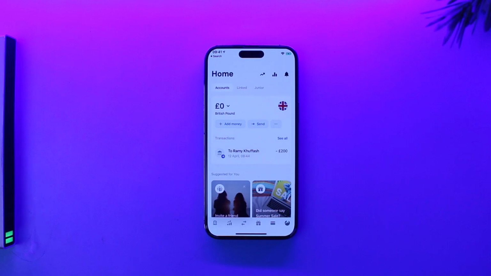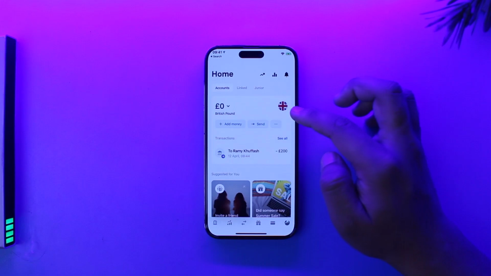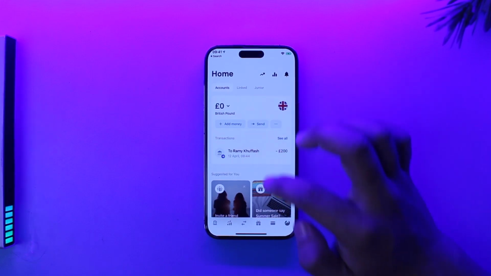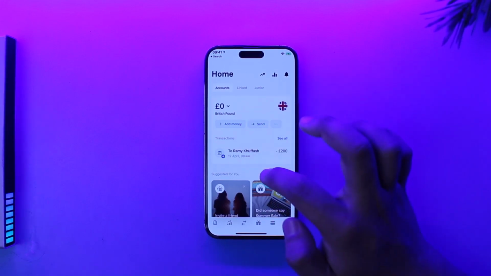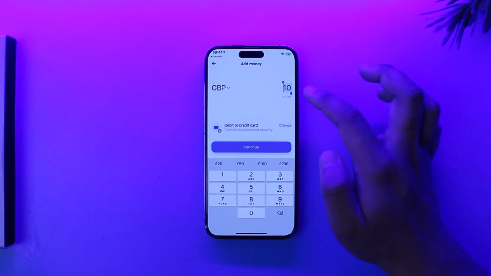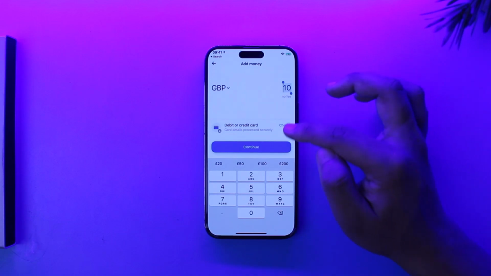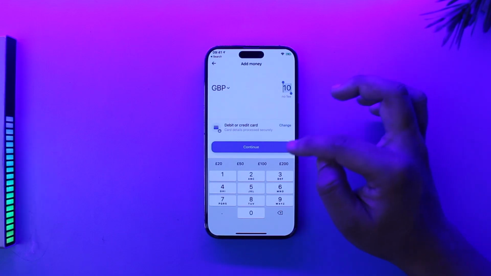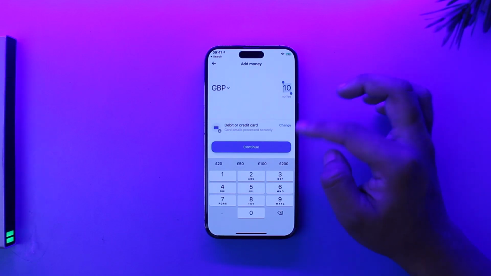Now from here, what you want to do is simply tap on the option that says add money after your login. When you tap on the add money section, on the next page you can see this option called add money, where you can enter the amount that you'd like to add, or debit card or credit card or anything as such. So here all you have to do is tap on the continue button after you enter the amount